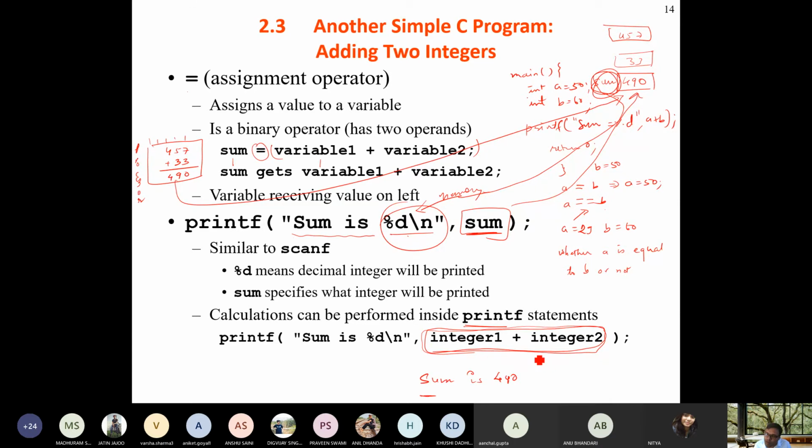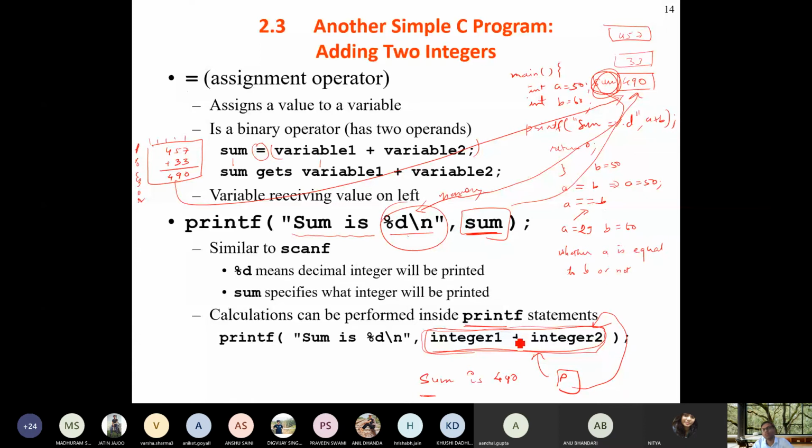But the actual calculation will be done at the processor, and the final result will be transferred to this location. So this is our processor, and the processor will finally transfer this result to this %d place.